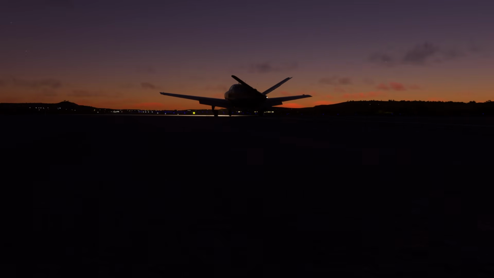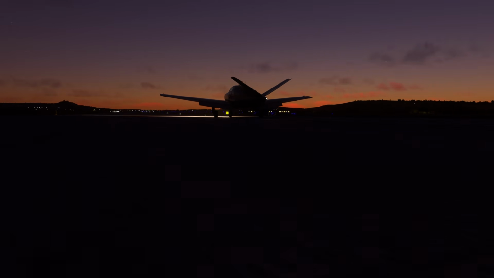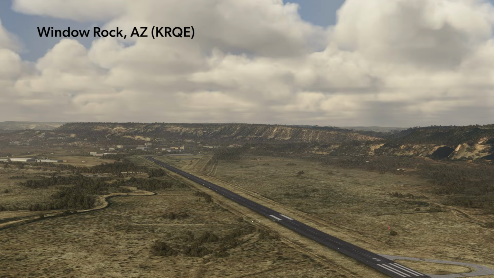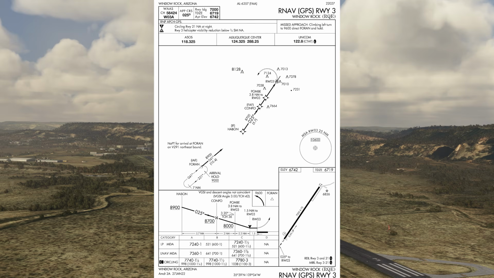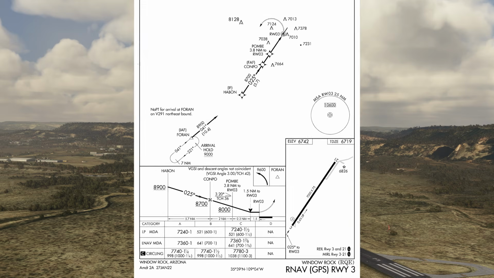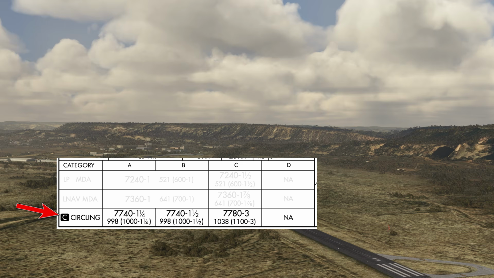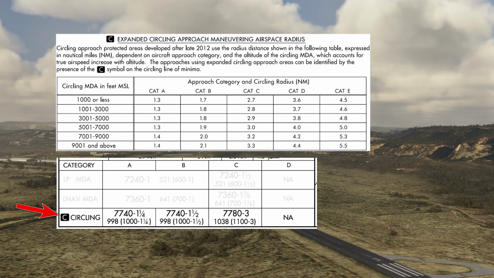There we go, safely on the ground in Gallup, New Mexico. Before we go here, let's take a look at a few variations and complications here that are important not to overlook. Let's check out the nearby Window Rock Airport, and note that in the circling minimums line, there's this inverse C symbol. That indicates that here, there's an expanded circling area with wider protection than the one we looked at